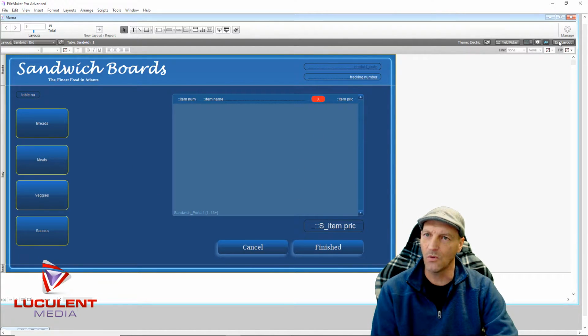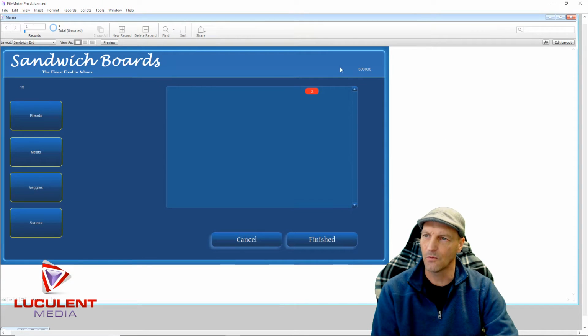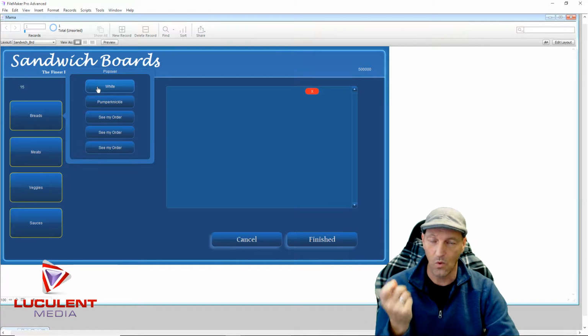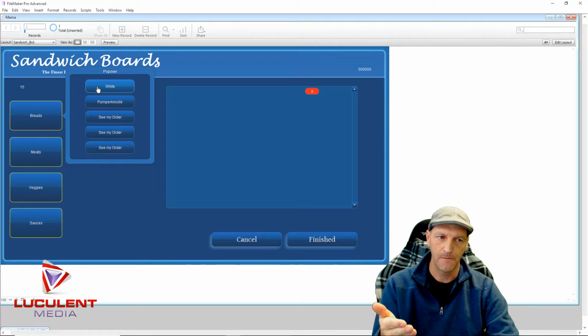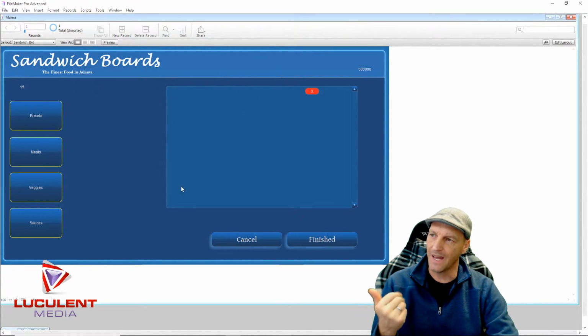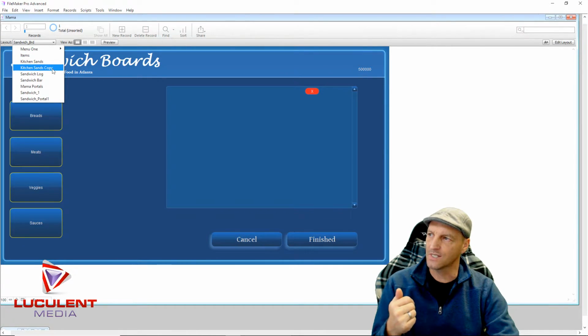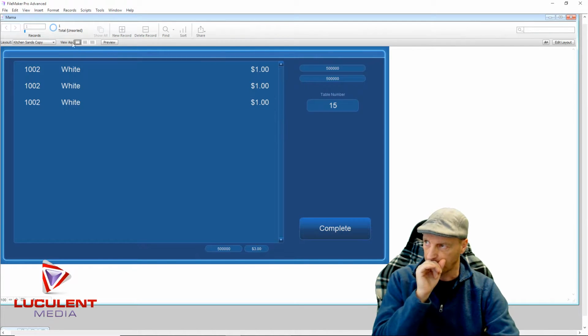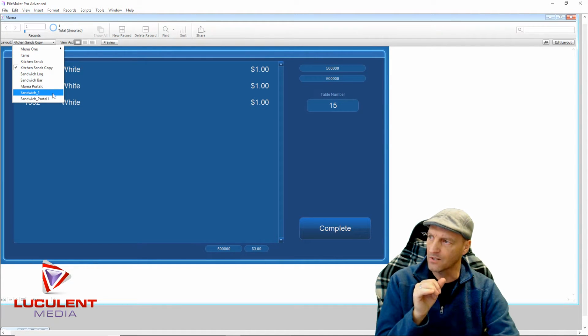So at this point, now what we need to do is we need to exit our layout. We can now see that we have a number. So now if we go into our breads and we press the white bread, what will happen? Well, it should take us out and charge another piece of white bread, right? So if we press it, your selection has been added. So let's go to our kitchen sans copy, right? There's our third piece of bread, so it's now added all three of them. But that's all it's done. So we're going to go back to our